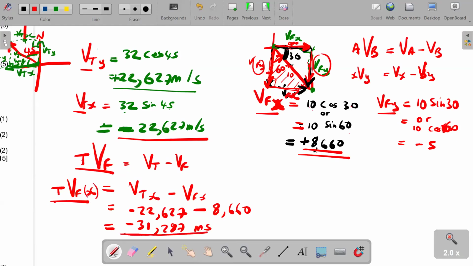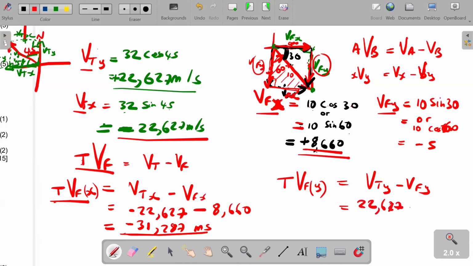So there we are. Let's go to the vertical components. The vertical component is the one we want now. So it's also going to be given by VTY minus VFY as well. Okay, let's go to VTY. Our VTY is